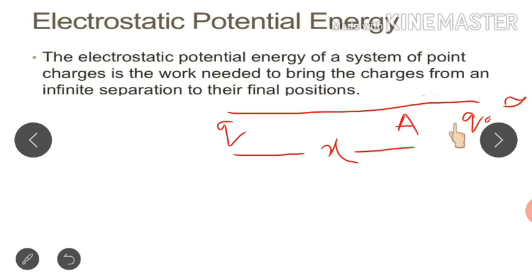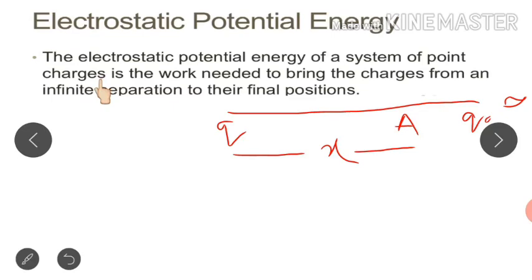So when we are bringing it closer to Q, we have to do some work against that force. So the work done by us in bringing a charge from infinity to a particular point is stored in terms of potential energy, and that potential energy is known as what? Electrostatic potential energy. So now we will calculate its formula, how to derive its formula. So charge Q0 is there, and suppose we are bringing it from infinity to A. So now it is at point A, suppose.